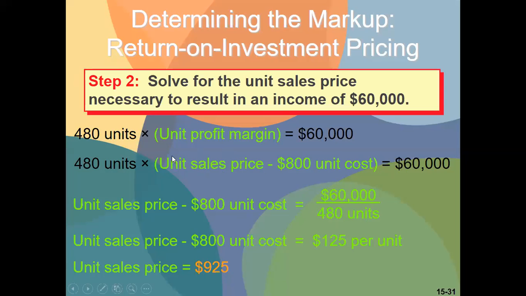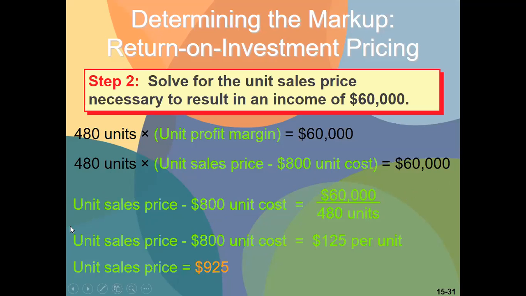So you can see that here, with a formula, because to get the profit, that is also the revenues minus the costs, right? If we do this analysis, whatever the unit sales price minus the unit cost equals the per unit profit. So this can also be used as the analysis. Then we simplify and we will also get 925. This is 125 per unit plus 800 equals 925. So this is also a good method to do this.